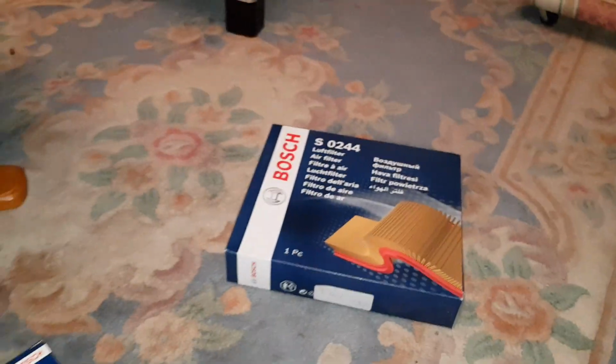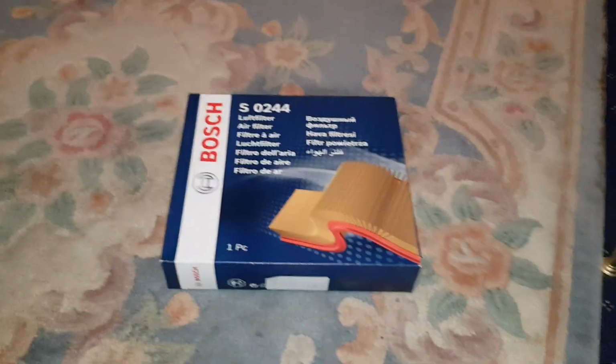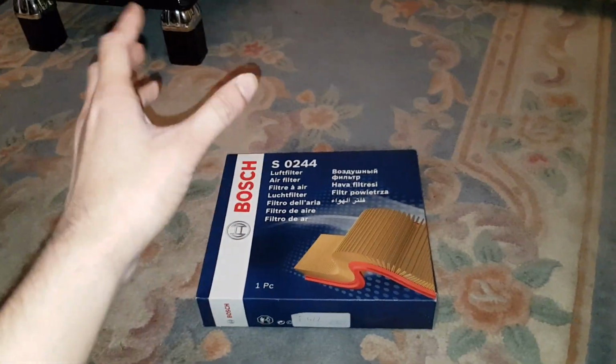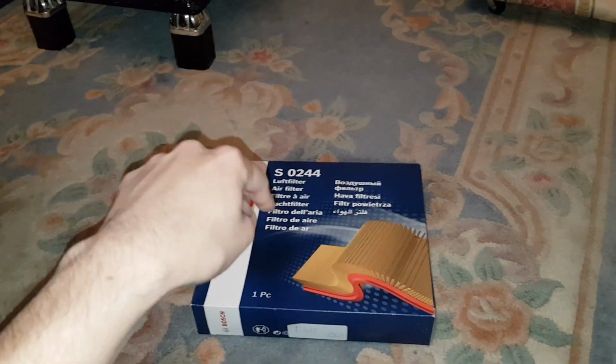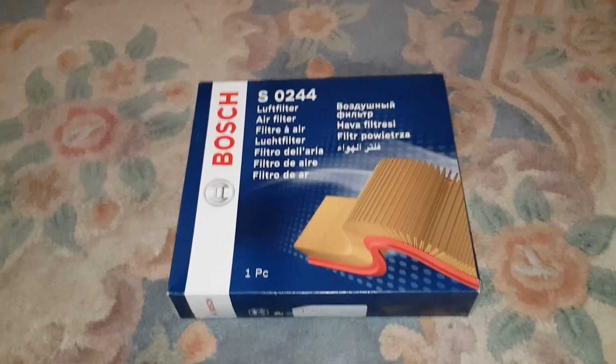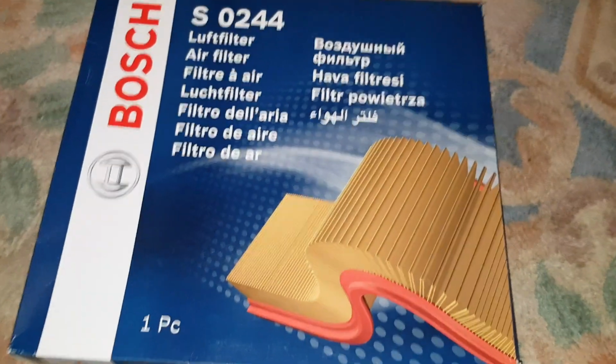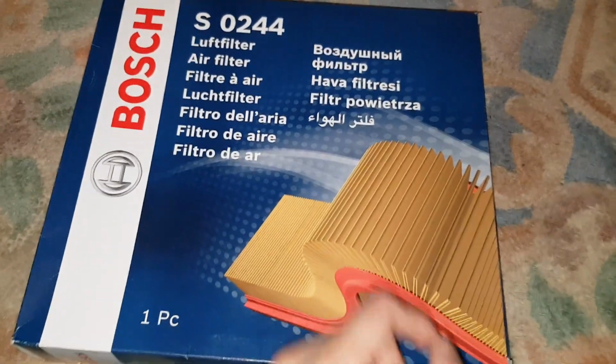Let me have a look. No, this is the main engine one. Okay, so this is where the air comes in, the first point of air that comes in through the engine. It's going to get filtered through that. And my dad's never changed it since he's had the car for a few years now, so it's probably dirty. You should change them anyway because it's better for your engine,